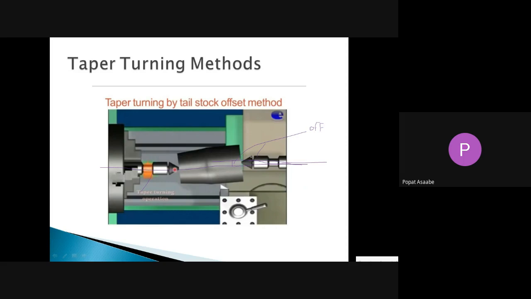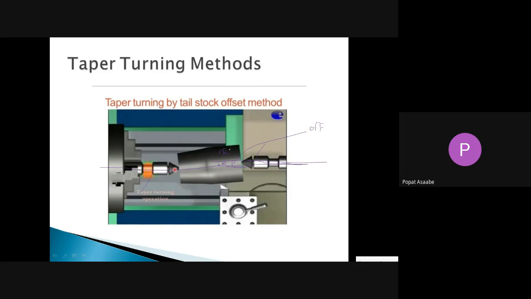बरोबर आहे का? आता मला सांगा, इन दिस कंडिशन whether that live center and dead center are in one line only. त्या कंडिशन मध्ये लाईव्ह सेंटर आणि डेड सेंटर एकाच लाईन मध्ये आहेत का? येस, no. No, because that dead center we have shifted from this center line. Okay, in this condition that dead center we have shifted from this center line. Okay, that much distance, this is called as the offset distance. Suppose this will be x.